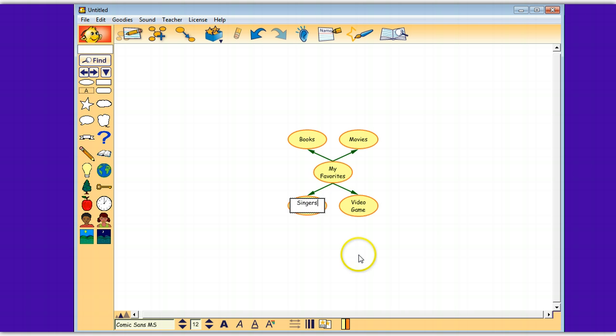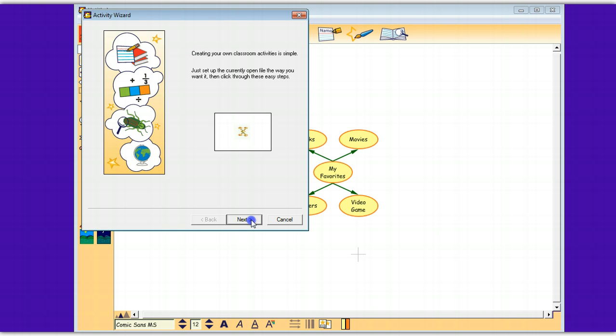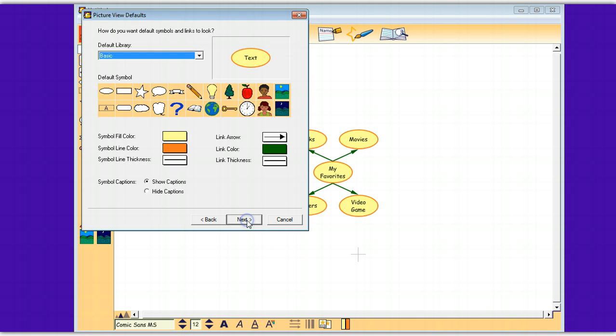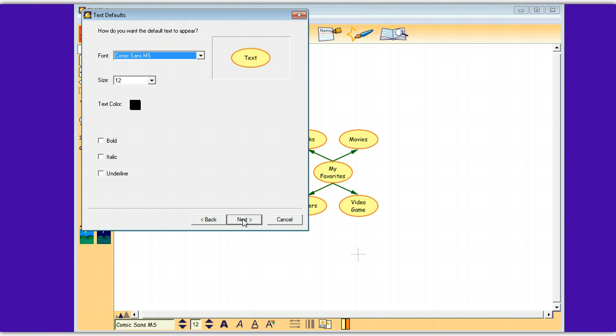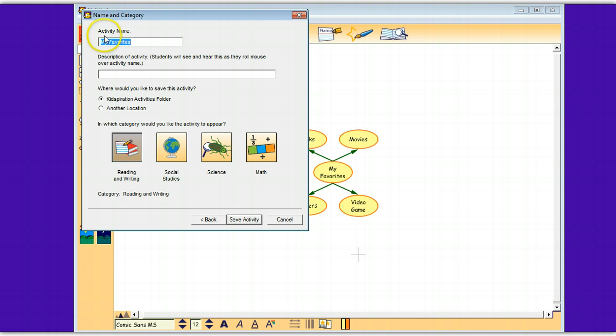You could customize this however you want, and when it's done and you've got the template or activity that you're ready for the kids to use, you do the same thing. You go to the teacher menu, you go save through Activity Wizard, and you can go through the whole thing, selecting the symbol libraries if you want. I'm not going to go through that again. If you don't select anything, it'll show them all the libraries. Picking the symbol library that you want to appear first, formatting the text, formatting the writing view,